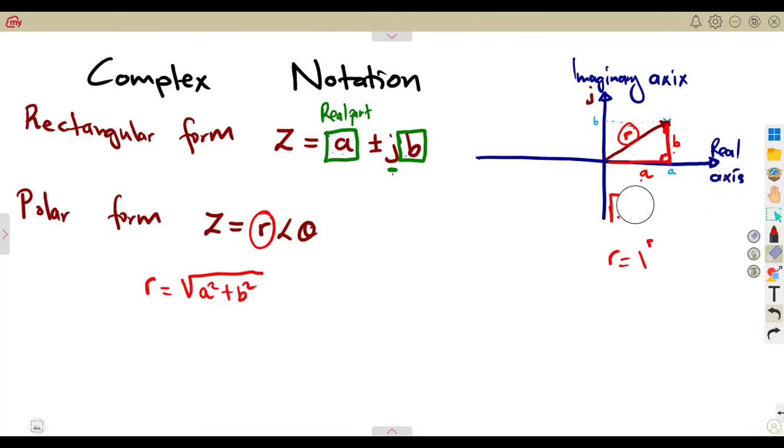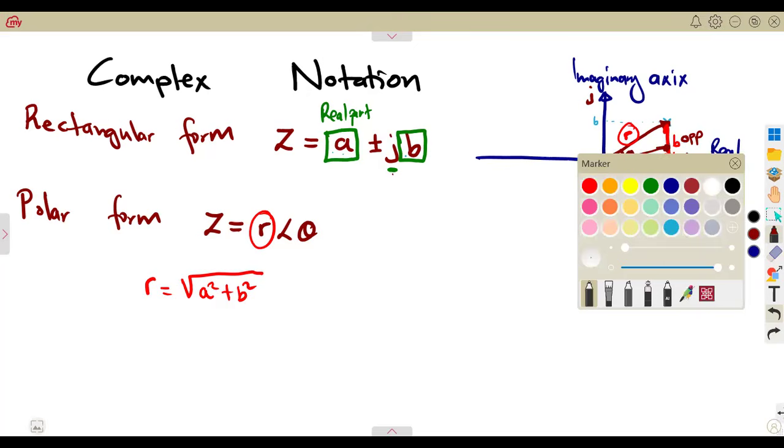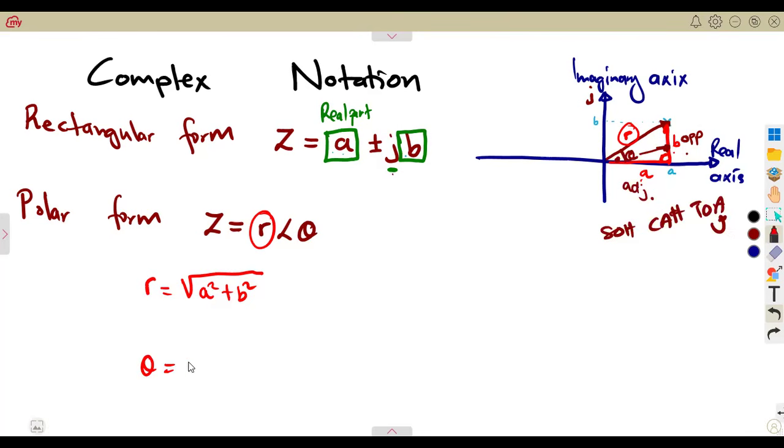Then we can also determine theta, which is the angle inside here. Considering that this side where B is, according to theta from our trigonometrical ratios, is opposite, A is representing the adjacent. Which ratio do we use with opposite and adjacent? That is from our SOHCAHTOA concept, opposite over adjacent from tan. So theta, we can determine from tan, so it's going to be arctan. Theta is arctan of what? Opposite over adjacent, which is opposite, that is B, over adjacent, which is A. So you can have a formula like that,